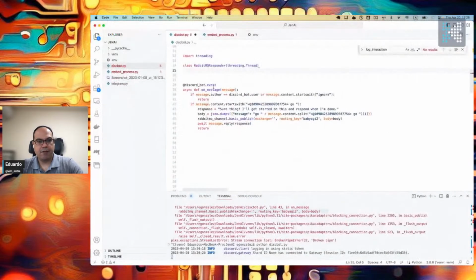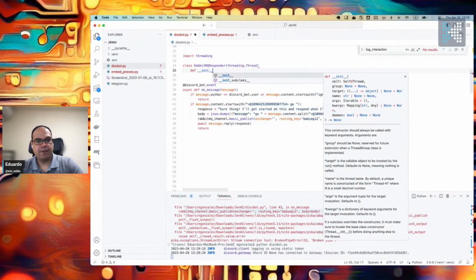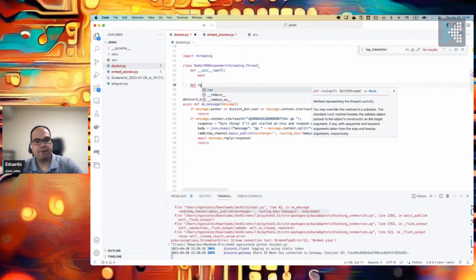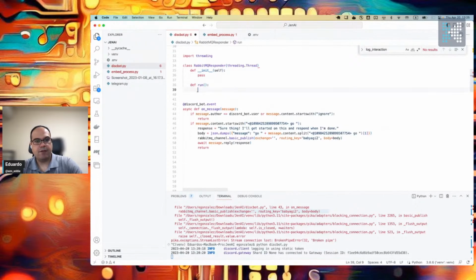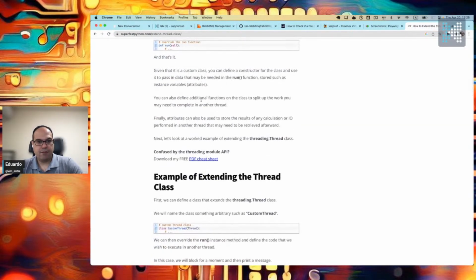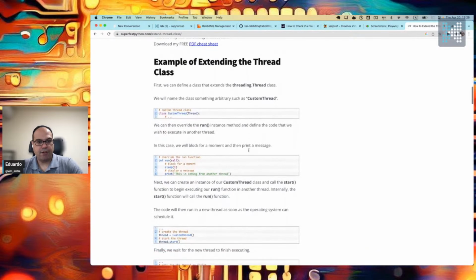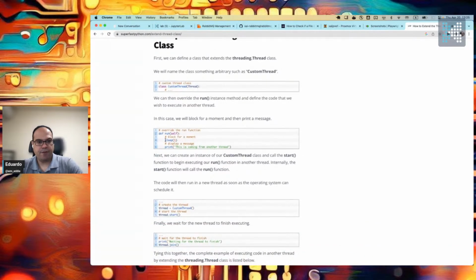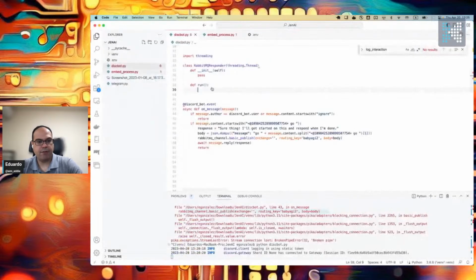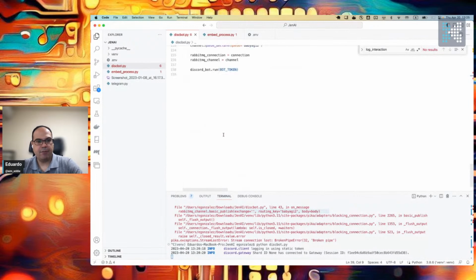Let's go back here. We have our def init, right? Self, and it's going to do some other stuff, and then def run, which runs things, and I think it's just a void thing. You can sleep and then print, and then you start the thread, right? And then you can join the thread if you want to wait. So now down in the main function,